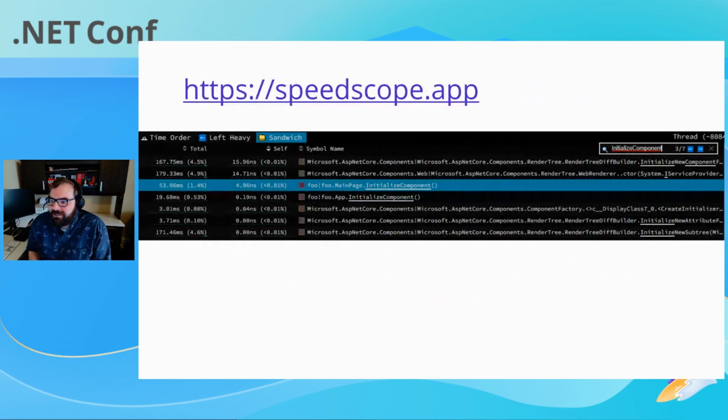overview, but so that file that comes out at the end, you can go to this website. It's just a web app, and it just kind of opens the file locally. It doesn't upload it anywhere, but it has this nice graphical view of all the methods in your app and approximately how long it took. And so this is an example. I have an app named Foo, a Maui app, and here's an InitializeComponent method and how long it took. And you've probably seen those methods. That's where it's loading your XAML.